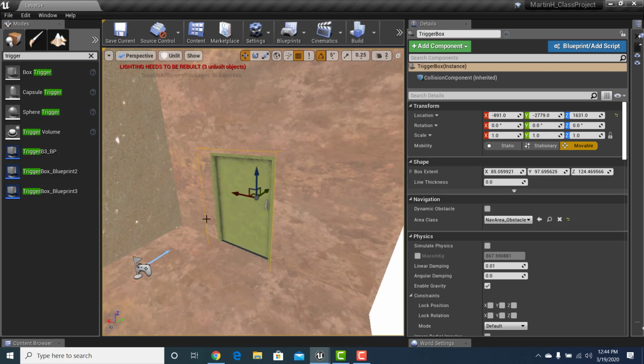Alright, now that we have the trigger box there, the next thing we need to do is start writing the code for this. So we've got the key that the player is going to use. We now have the trigger box, and we now need to start writing the code for this. Now,